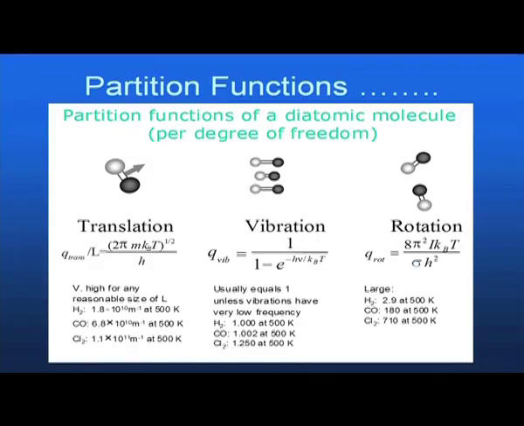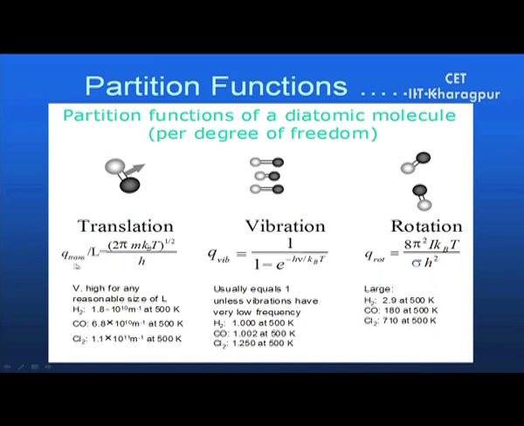So, to keep your center of mass fixed, these two atoms will have to move in a definite fashion, so that there is no net change in the position of your center of mass. And in case of rotation, the molecule is rotating about some axis. So, this one is changing its position this way, and the other one is also doing the same. And the translational partition function,